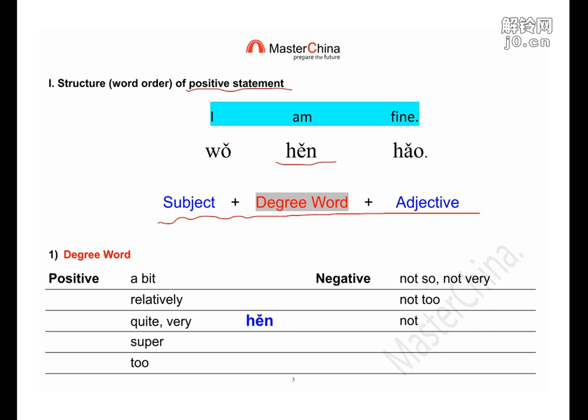Actually, in English, you have this. There are already some degree words in it. For example, positive ones like a bit, relatively, quite, very, super, and too fantastic, too great, too expensive,